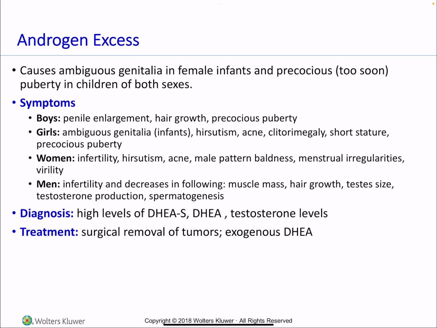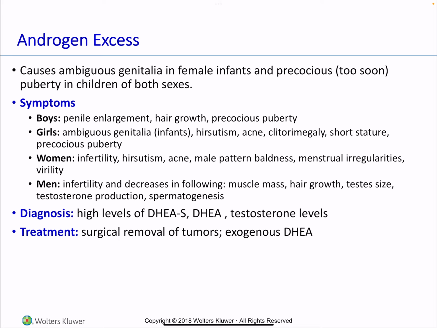hirsutism, acne, clitoromegaly, short stature, and precocious puberty as well. In women, there's infertility, hirsutism, acne, male pattern baldness, menstrual irregularities, and infertility. In men, infertility and decreases in muscle mass, hair growth, the size of the testes, testosterone production, and spermatogenesis. So we would detect this with high levels of the